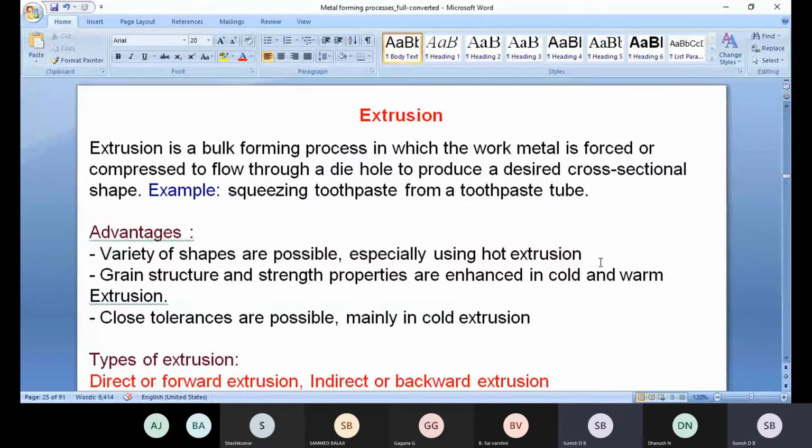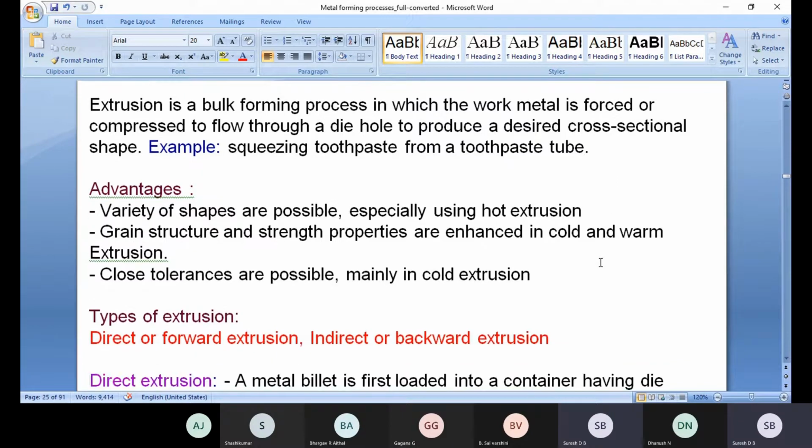Okay, last time we discussed the extrusion process, the different types of extrusion process, and their advantages. Extrusion is nothing but any material fed in between two die walls. Once you push the material with an external force, the material is compressed and comes out through the die walls. That is called the extrusion process. For example, hollow tubes, toothpaste tubes, and medical tubes are manufactured by using the extrusion process.